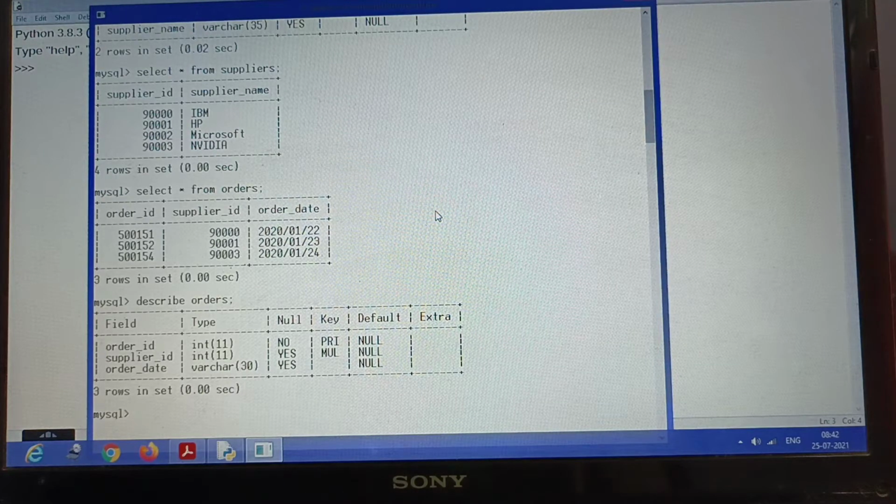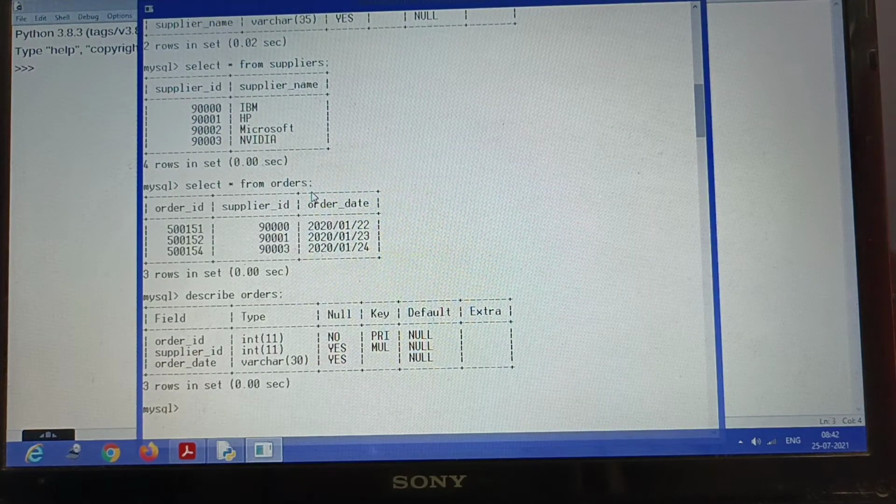So we have to remember that degree means the total number of columns or the total number of fields, and cardinality means the total number of rows, and also the total number of records. So most often the degree does not change, because we do not change the structure of the table every day, but definitely new records will be added, so cardinality will change. So the dynamic part of the table is cardinality, and the more or less static part of the table is degree, but definitely both can be changed. So with this much discussion, we will go back to Python and see how we can implement all these various simple commands in Python.